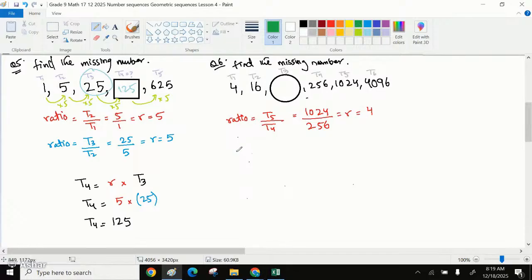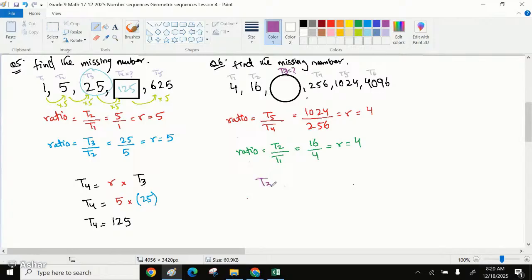Or let's try to do it in an easier method. Ratio is term 2 divided by term 1. The initial terms are usually the least working because 16 divided by 4, we already know that the ratio is 4. So in order to find term number 3,